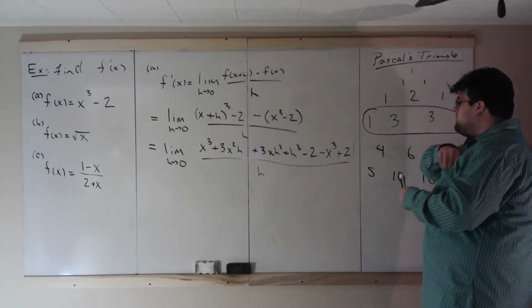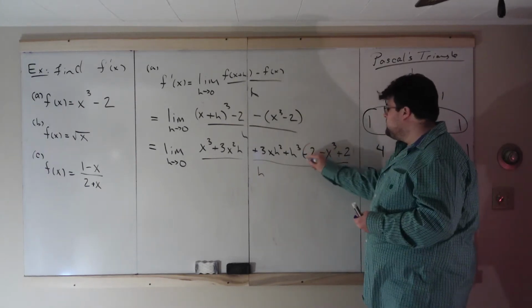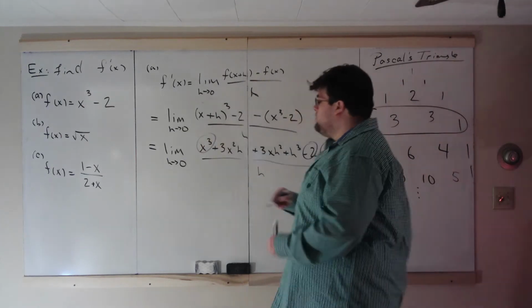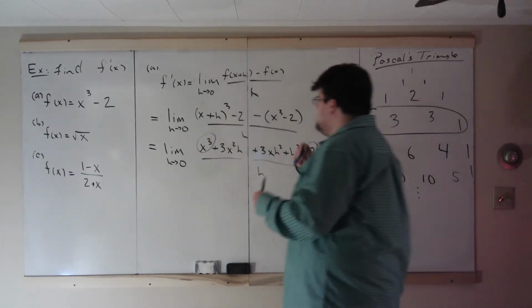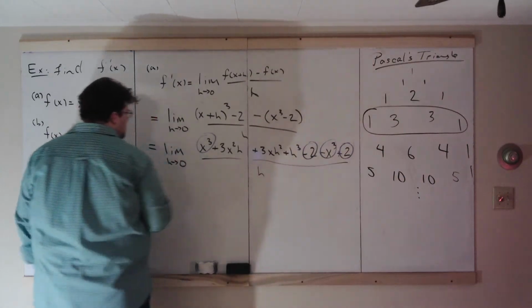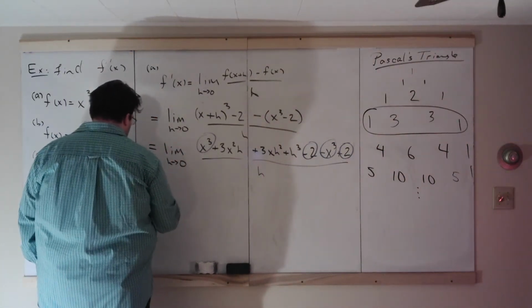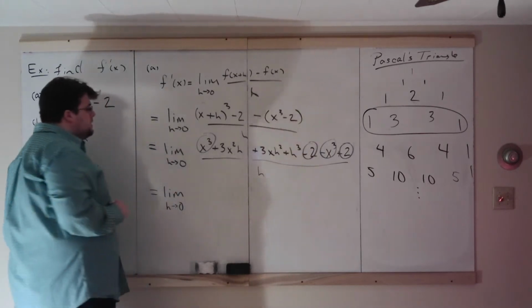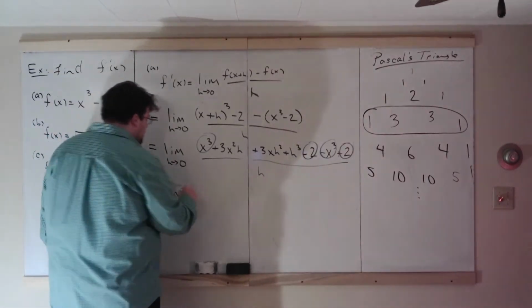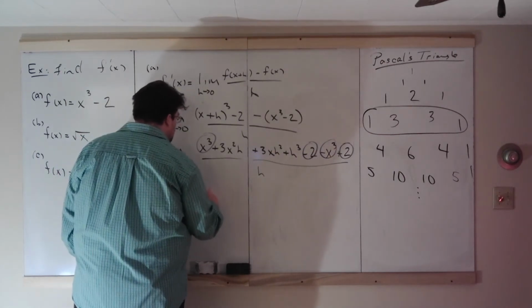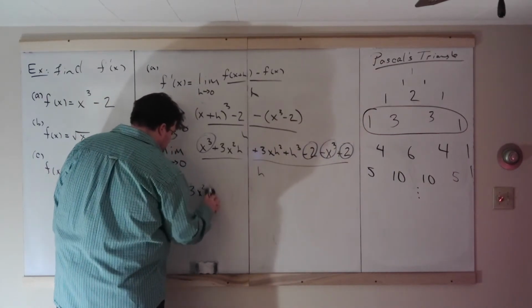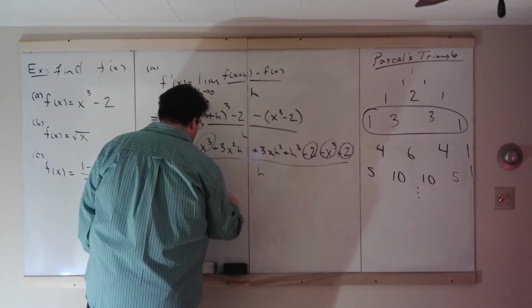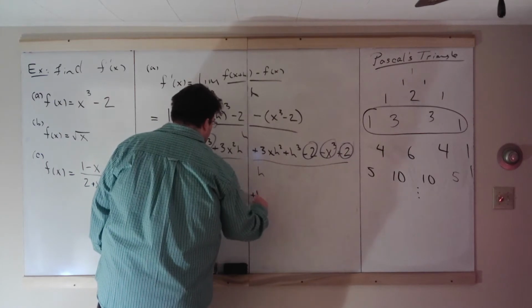Well, let's look at some terms that cancel. Well, I see a negative 2 and a 2 already. Great. A negative x cubed and an x cubed. So those are going to cancel, meaning that those are going to add to 0. So limit as h approaches 0. What's left? Well, let's write what's left before doing anything with it. 3x squared h